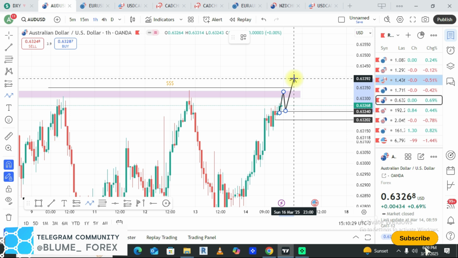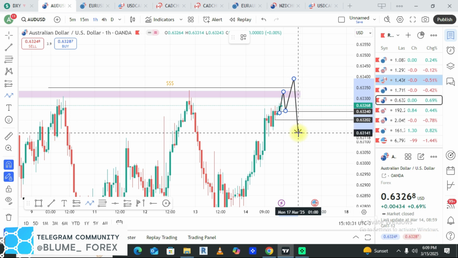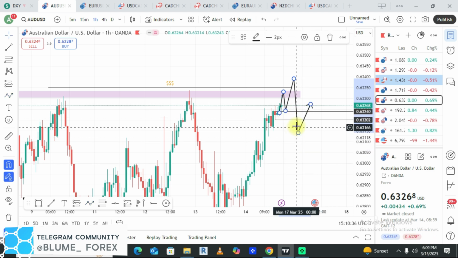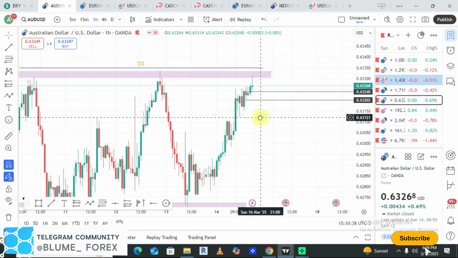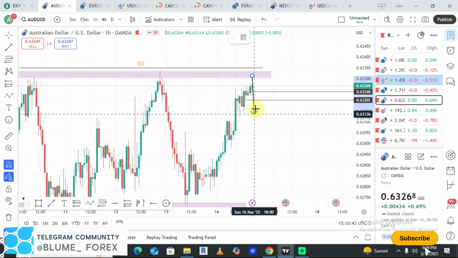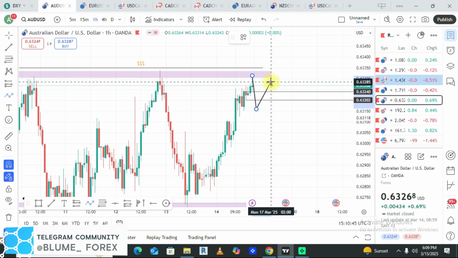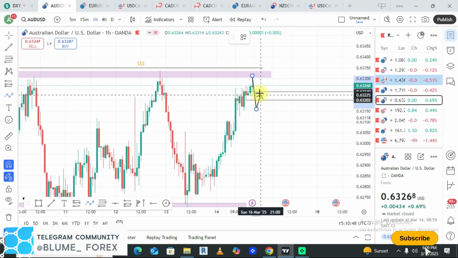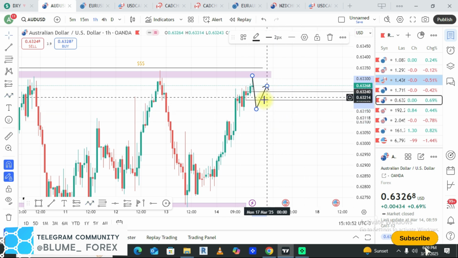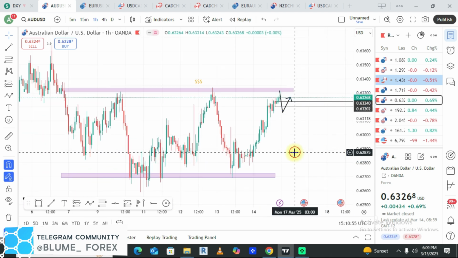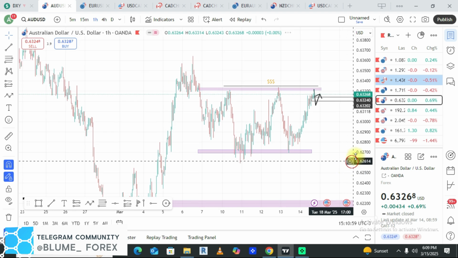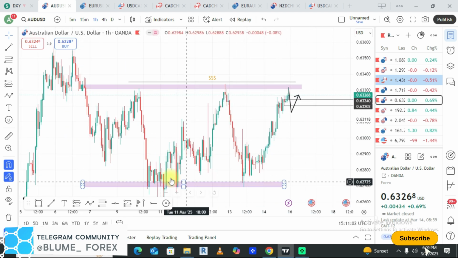clearing this equal highs liquidity, pushing down, price pushing back up to the demand that led to the taking out of the supply, I'll look for sales to the downside. If you also get a push up to the supply that led to the taking out of this demand, get a reaction, a change of character, break of structure, then I'll be looking for sells down to this range, and even beyond, because this is a weak low, this is a weak low, this is a weak low,